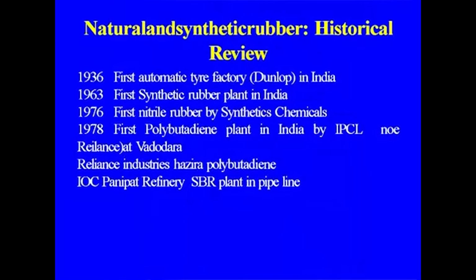As you know, Dunlop, and now there are other players also, Modi Rubber and others, were making tires, and so a number of plants are now there. But first, in 1936, the first automatic tire factory was started in India by Dunlop. In 1963, the first synthetic rubber plant in India, which I told you about earlier when discussing the raw materials and